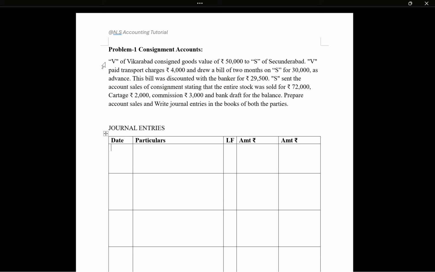S sent the account sales of consignment stating that the entire stock was sold for rupees 72,000. Cartage rupees 2,000, commission rupees 3,000 and bank draft for the balance. Prepare account sales and write journal entries in the books of both the parties. So here first we have to write